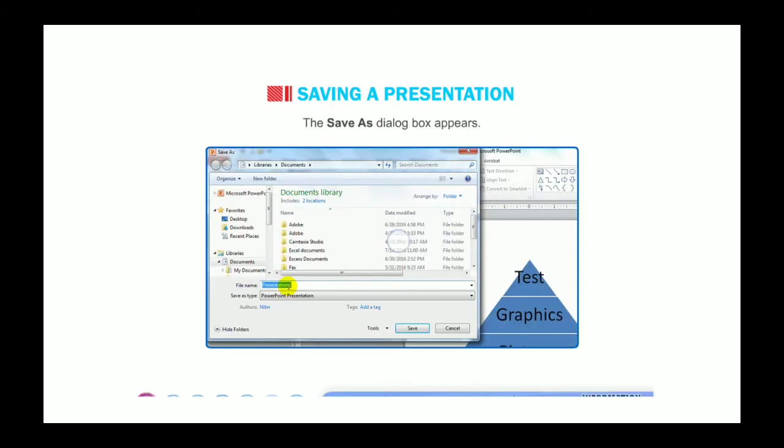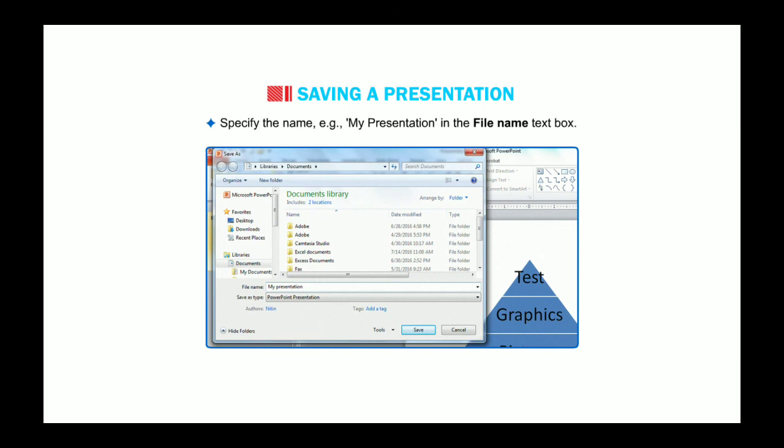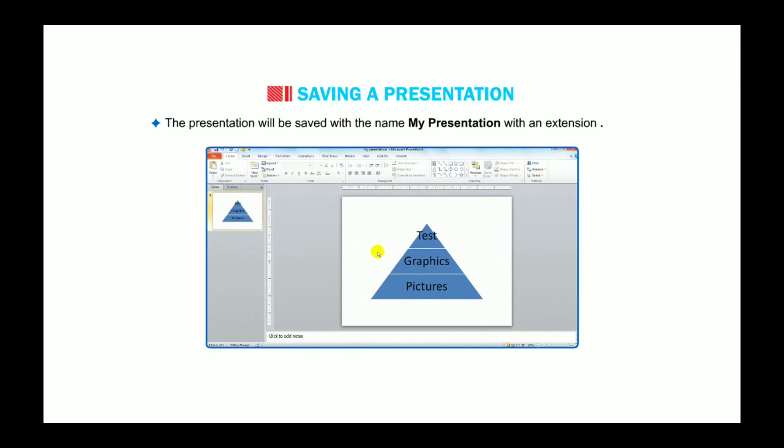The Save As dialog box appears. Specify the name, for example, My Presentation, in the File Name text box. Click on the Save button. The presentation will be saved with the name My Presentation with the extension .pptx.